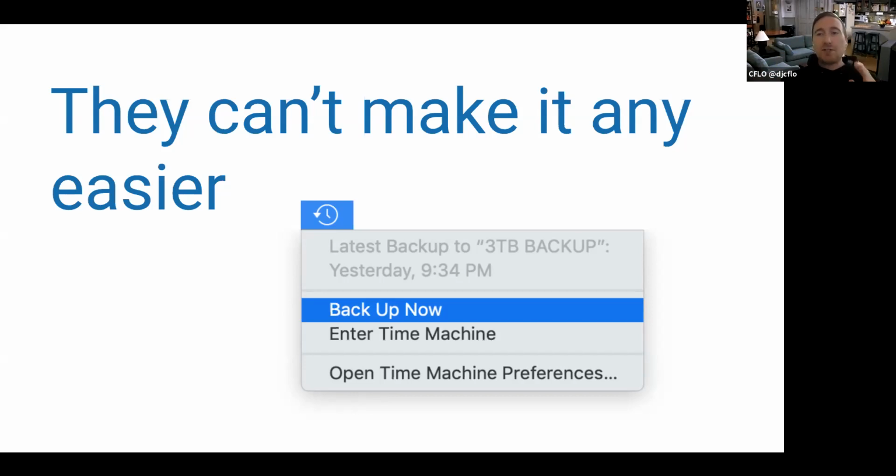If you're not doing Time Machine, you are working way too hard on your backups, and it's really difficult to help people who don't do this, and it's built into the system. So please do it. It's going to save you. It's going to save you.